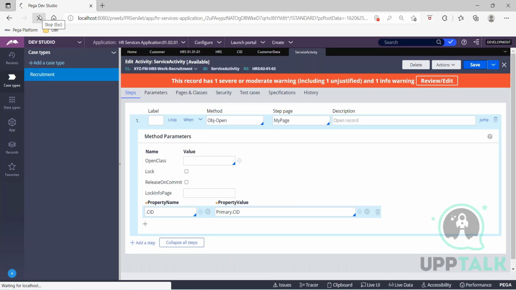Generally, step pages are considered temporary, right? They are like to change the context. They are more likely temporary. So what we do is,